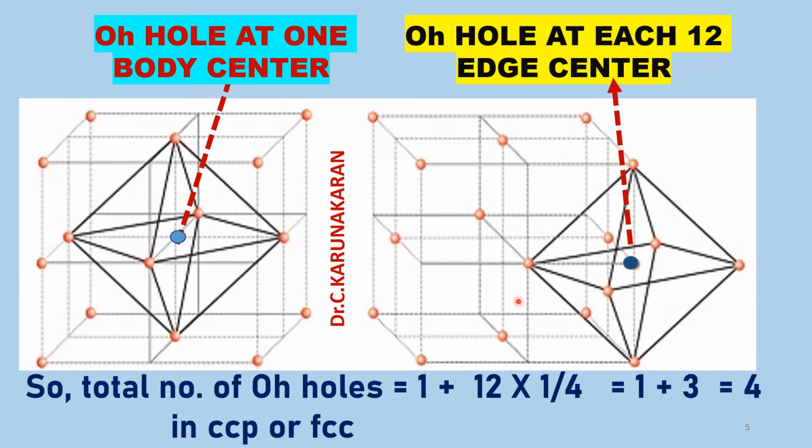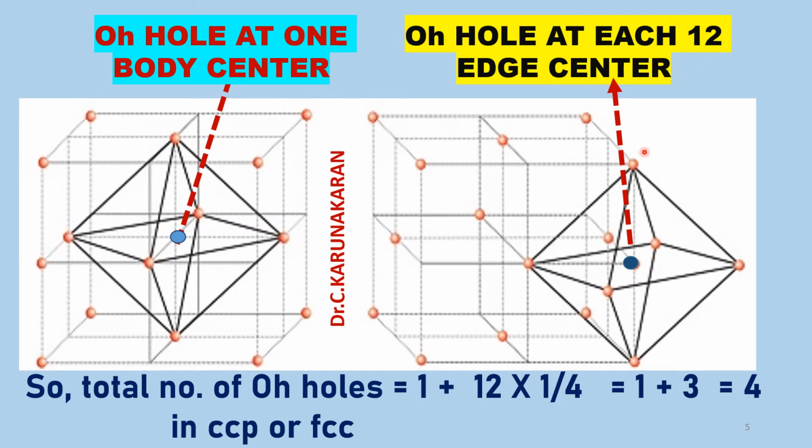Similarly, there are 3 other octahedral holes at the edge centers. This is an edge center. This is an edge center. How many edge centers are there? There are 12 edge centers. If you take a cube and count the number of edges, there are 12 edges. Now of these 12, each edge